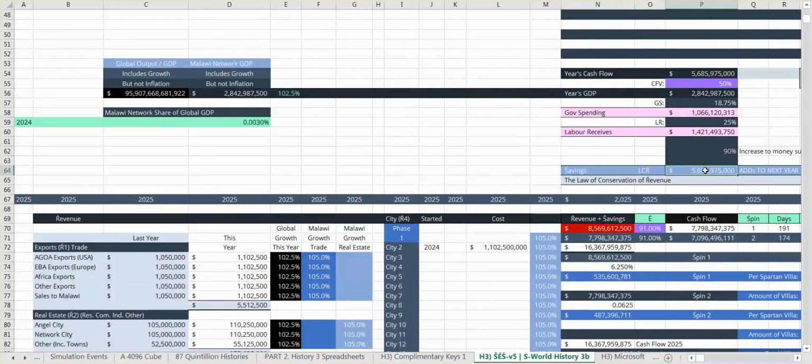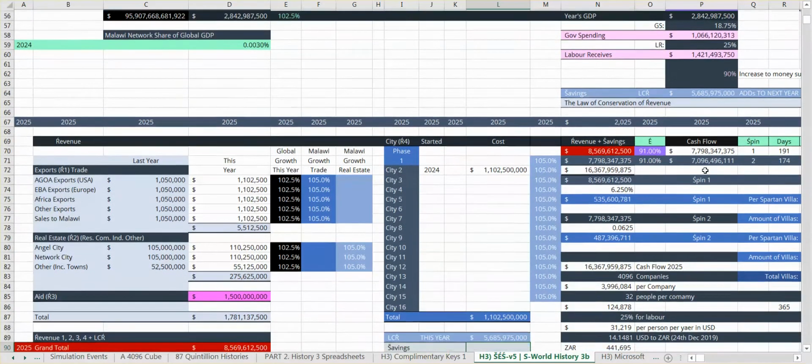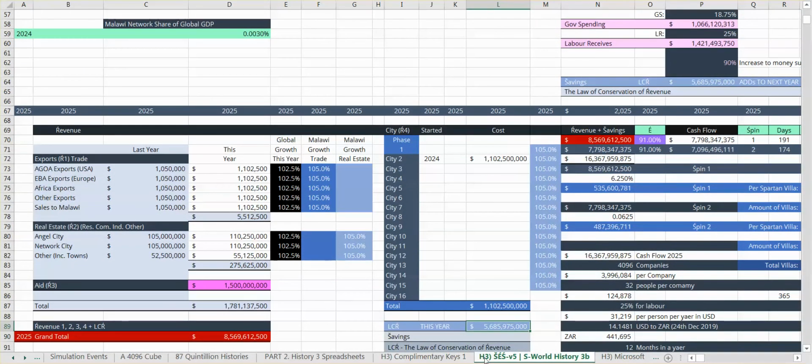Okay, there we go. This is then taken over here, and we go down to the next year to here. And this is added to the rest of the inflows. So we have nominal trade, real estate that if we throw it away, we only lose 10%, aid, which is reasonable, and the city sale, plus the biggest input is the money that was rolled over from the year before. The cash flow that was left in the network at the end of the year is obviously still in the network the first day of the next year.